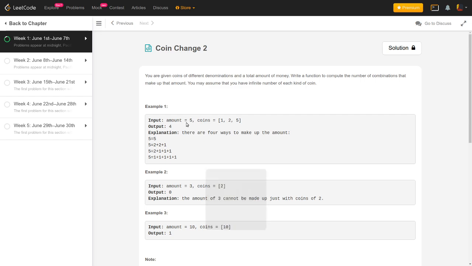So let's try to work out this particular problem, where we have amount 4 and we have coins 1, 2 and 5. So if we try to do it in a naive way, we have these coins 1, 2 and 5. And if you have to make the amount of 5, how can you do it? So you have one coin, so you can repeat it 5 times, of course. So you can have this 5 made up. Okay, you have this coin of amount 2 as well. So maybe you can take two 1 coins and replace them with a 2 coin, and keep the remaining 1 coins as they are. So this is also another way in which you can make 5.